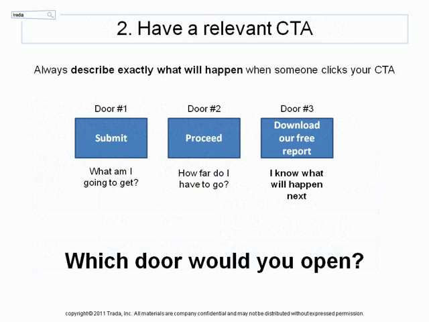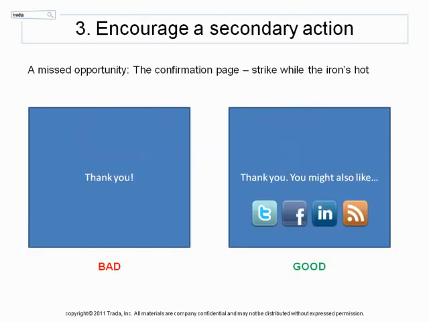The best call to actions I've seen on high converting pages are those that simply describe what's going to happen when the button is clicked. For example, download our report, download ebook software, call me now, send me this information, subscribe to newsletter, start my trial, I'd like to learn more. Be descriptive, and you'll often remove a barrier that's quite overlooked. Fact is, a CTA can be one of the easiest changes you can make to increase page conversion. And finally,